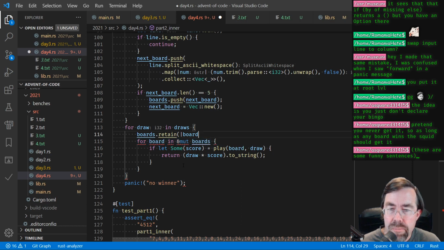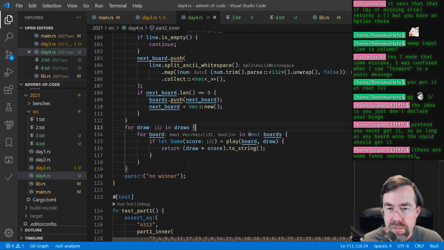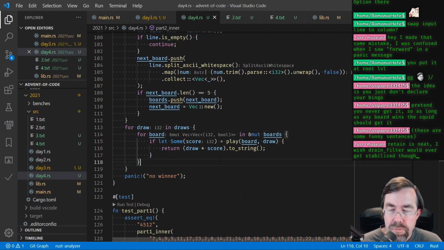Actually, it's a little bit more complicated. I can't just do a retain, because if we get to the last board, we still have to compute its score. So we have to go until the last board is dropped, and then return board. Okay, so then